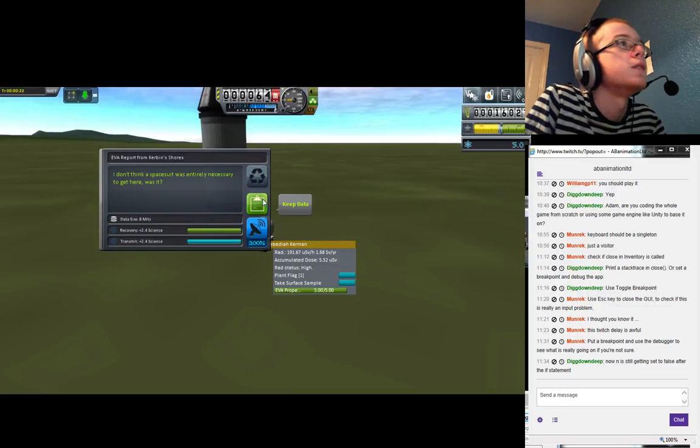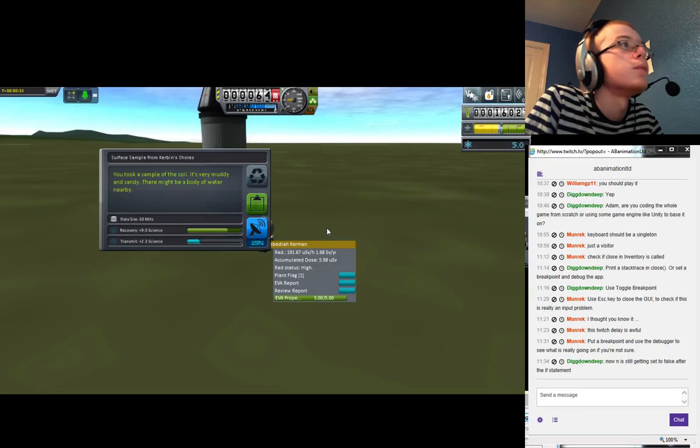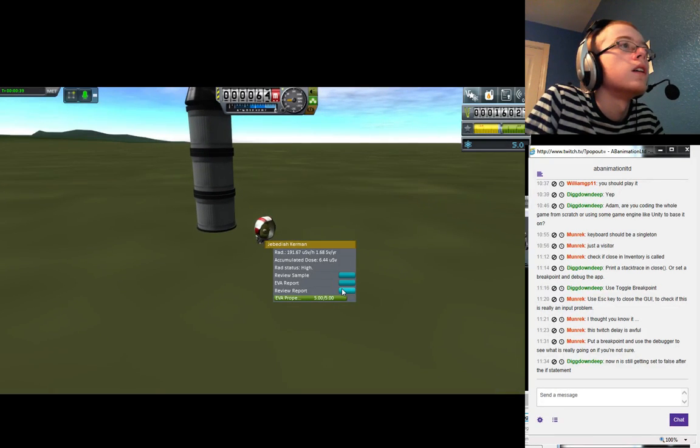I don't think a spacesuit was entirely necessary to get here, was it? Keep that. Take surface sample. You took a sample of the soil. It's very muddy and sandy. There might be a body of water nearby. There might. I guess we'll